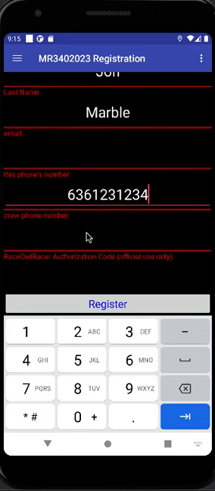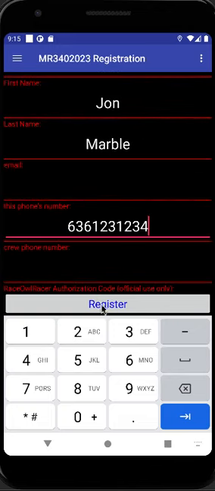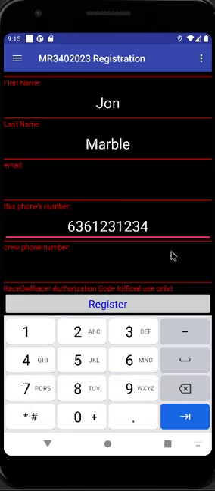Crew number, don't really need, especially for the 340 because you've already pre-registered all that. And the RaceOwl authorization code, that is for official use only, so no need for that either. Once you've entered your information, press register, and RaceOwl will come back with a success or a fail,